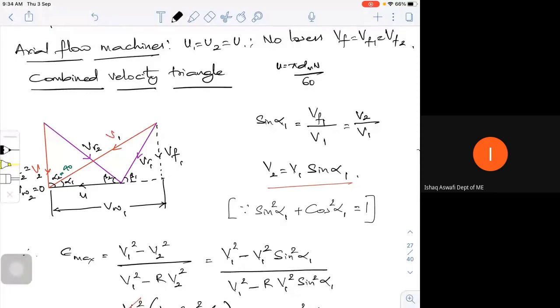The velocity triangle can be combined and written based on two things: either with the common base, where you have your U, the tangential velocity, which is common, or with the common apex. In some of the Govinda Gowda book you can see the common apex. But usually, most of the time we go with the common base.